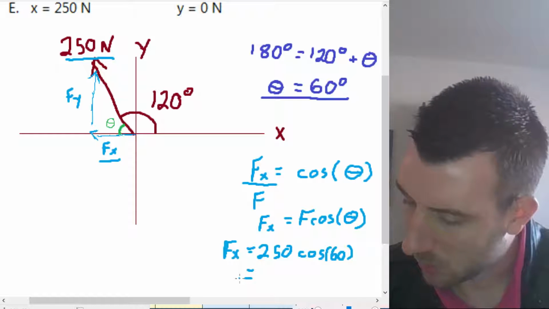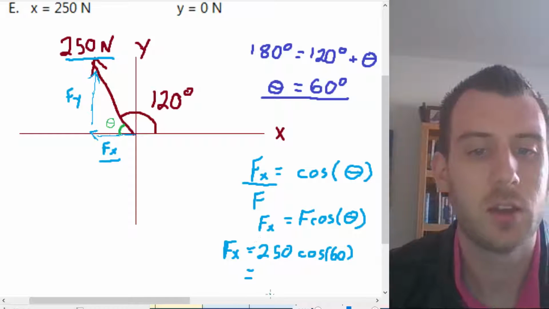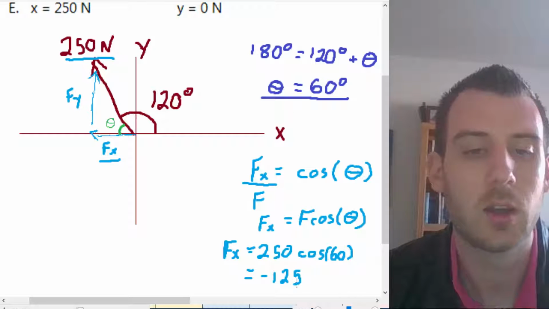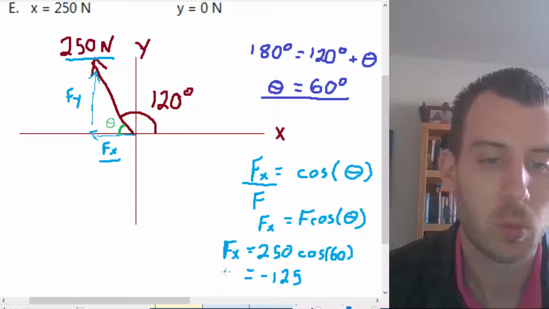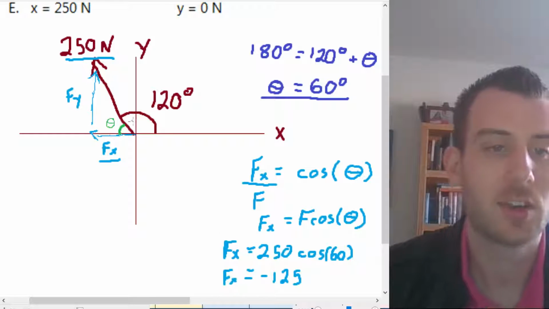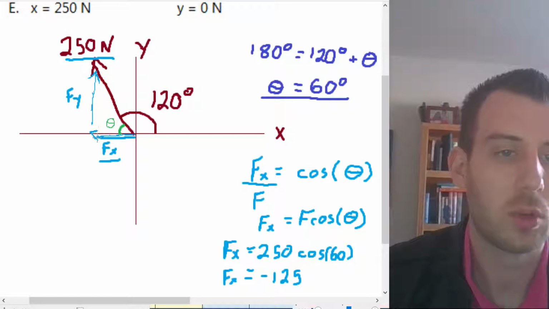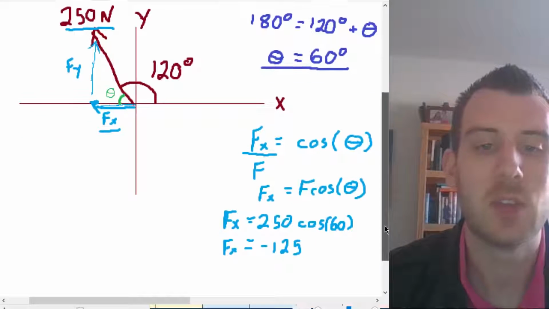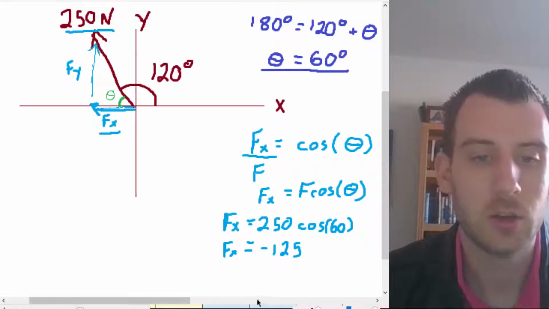That's going to get me something out to, instead of typing in my calculator, I'll just take a look at my notes. 125, so negative 125. Now, if you didn't get the negative, the reason why I have a negative is because I'm looking up here where that F_x is pointing. And the F_x is pointing to the left. And the left is going to be my negative direction. If you want the math to work out where it gives you that negative all the time, if you plug in 120 for your angle here,